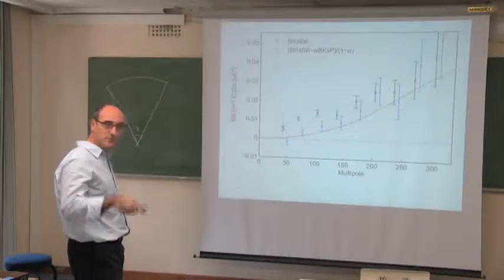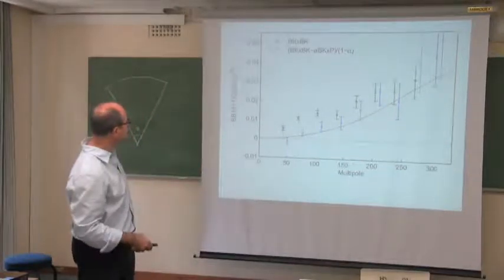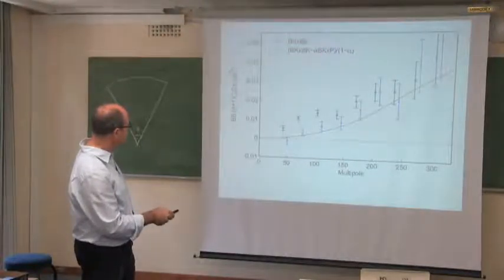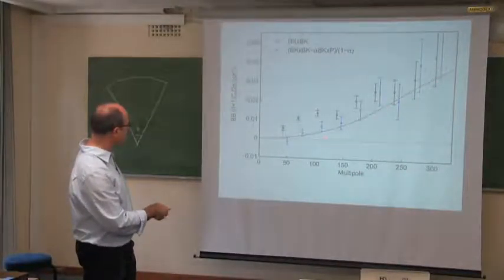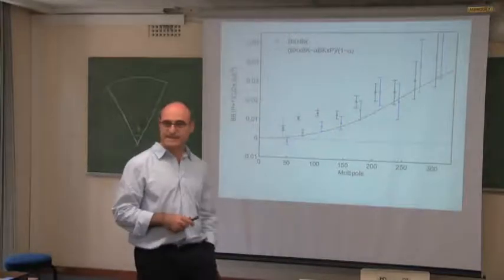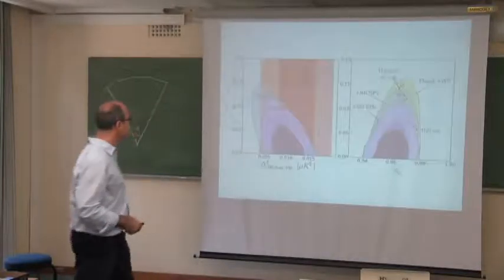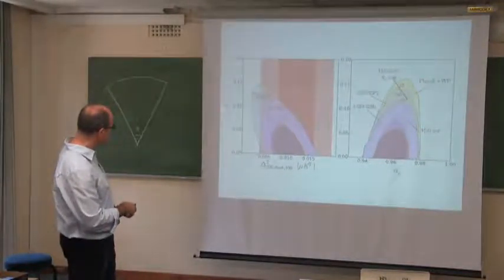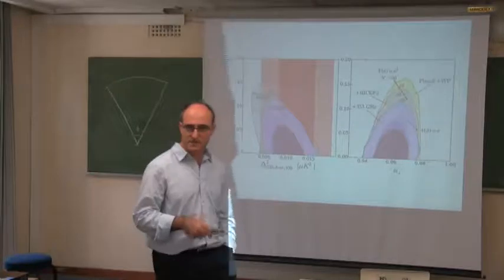And the way to deal with dust is to model it. For this, you need several different frequencies, and using the extrapolation of the 353 gigahertz, Planck, Bicep, and Keck together produce a correlation, so multiple in the PB component, which was perfectly in agreement with what you would expect from lensing. Okay? So the signal went away. So if you want, Planck plus Bicep have this contribution. When you added up 353, it just reduced the tensor to scalar ratio. But it did not show there was any evidence for R different from 0 at any sigma.